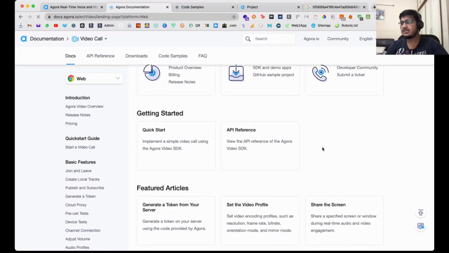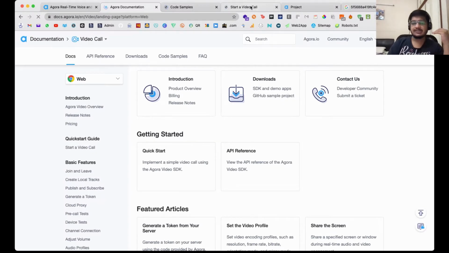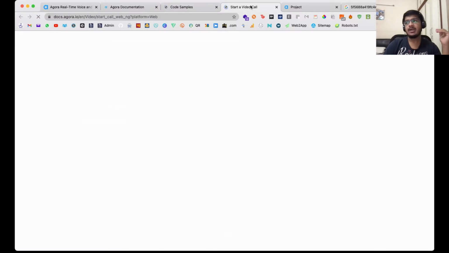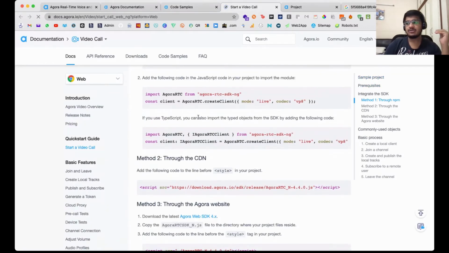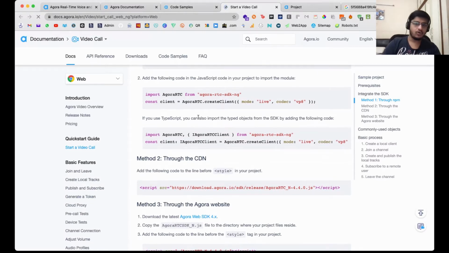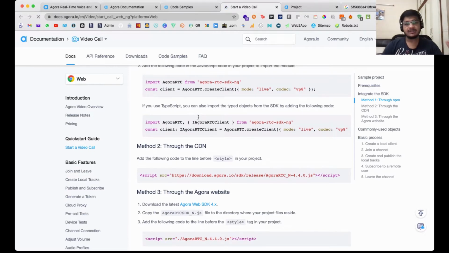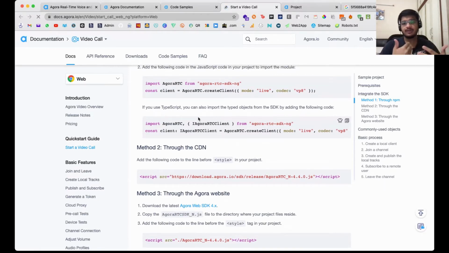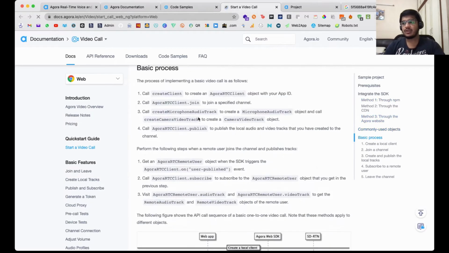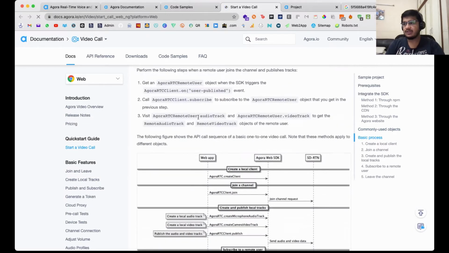These are demo apps. There's a quick start guide. This is usually what sets the Agora documentation apart, because the quick start guides are so simple. They have codes which you can literally copy paste onto your code editor, and you can edit it a bit, and it implements the basic video calling. You can further edit that. You can add security, you can add UI. Agora's UI is fully customizable. You can add everything, and you can understand how everything is working.